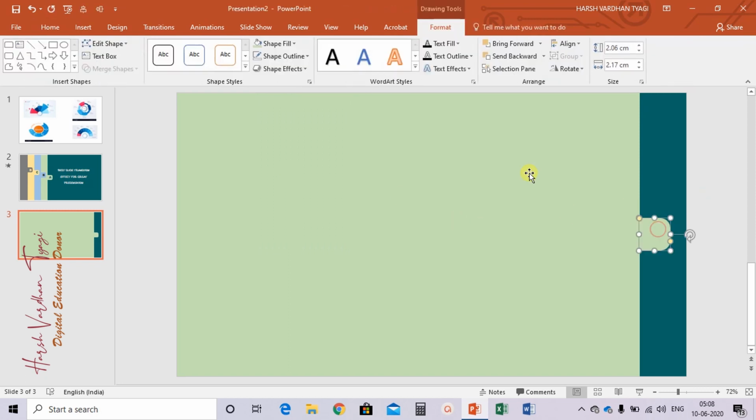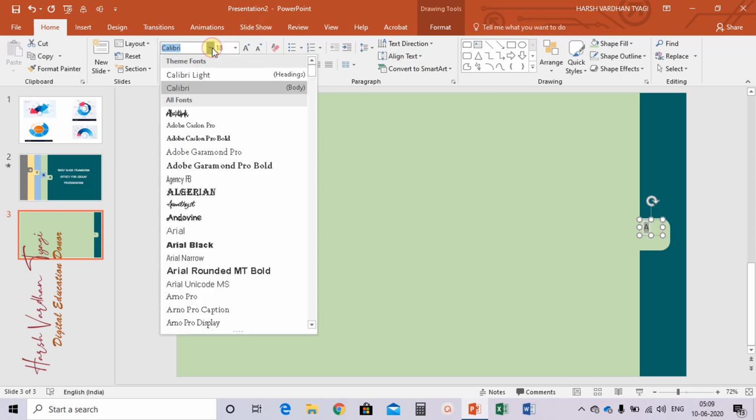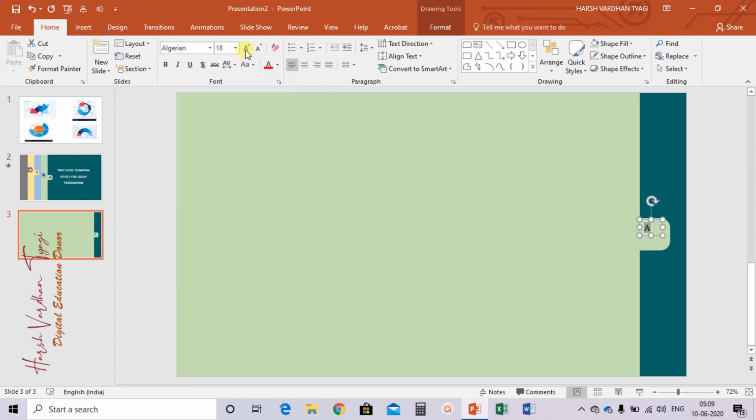After this, you need to insert a text box. Insert a text box here and write the letter A. Select this and change the font, I'm changing it to Algerian. Make it a little bigger. Align the alphabet A at the center this way.